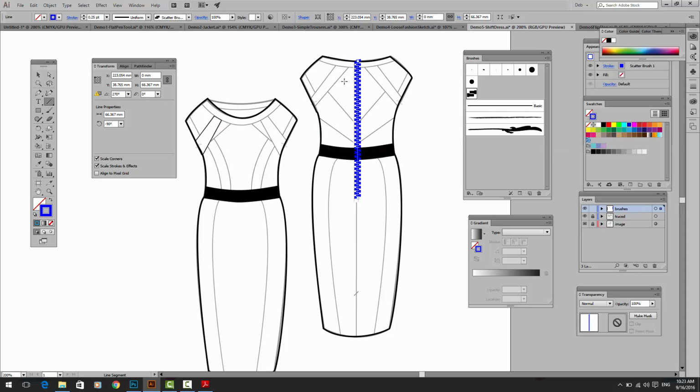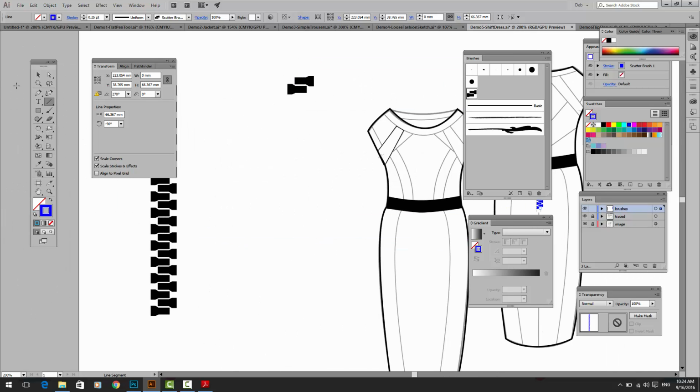Okay, so that's how you create a brush and colorize it with a scatter brush. Now, what about a pattern brush? If I take the same exact artwork into the pattern brush, just to show you what that does, guys,